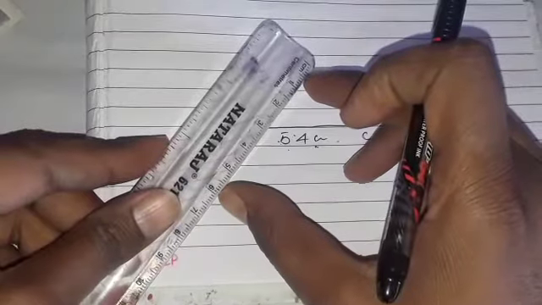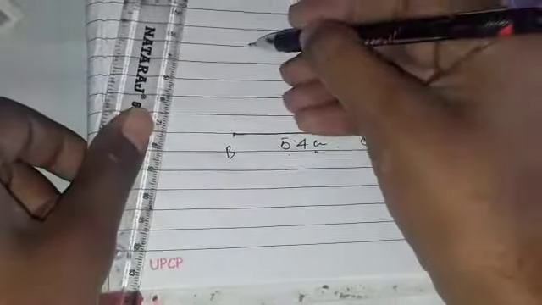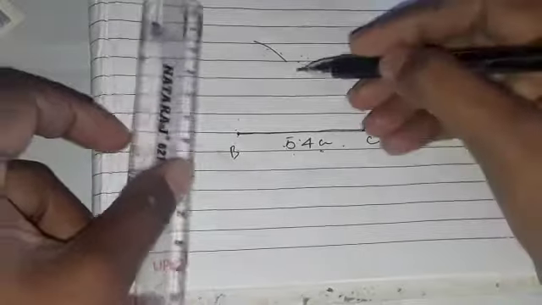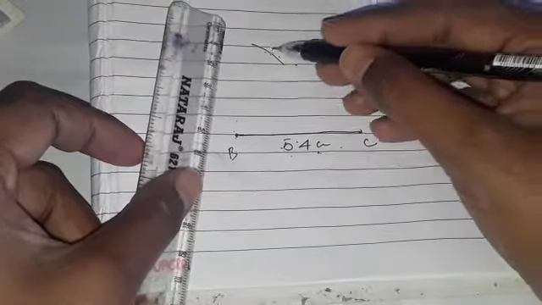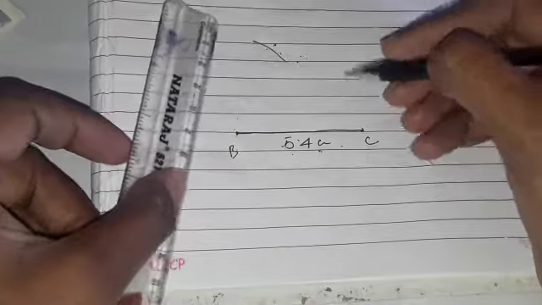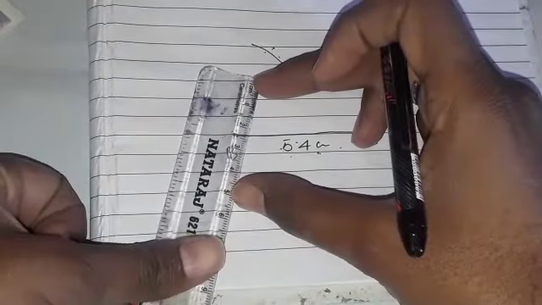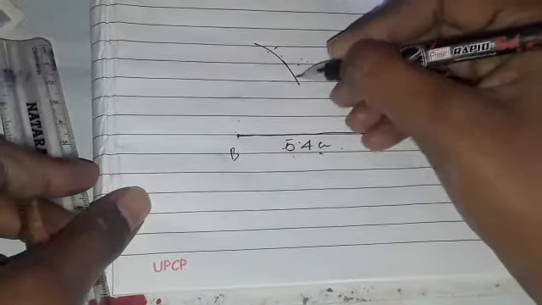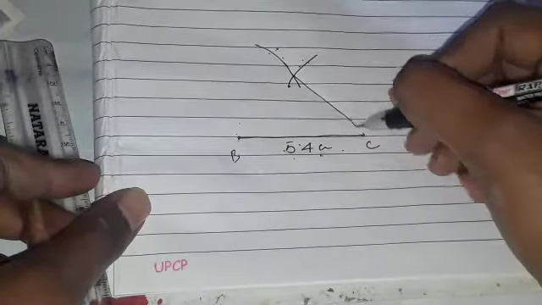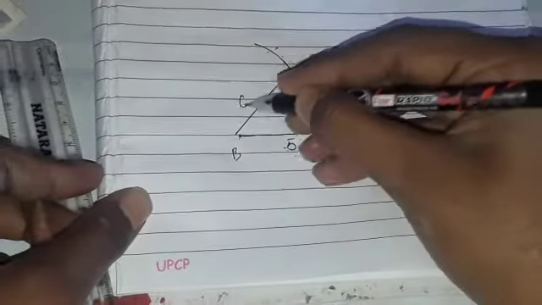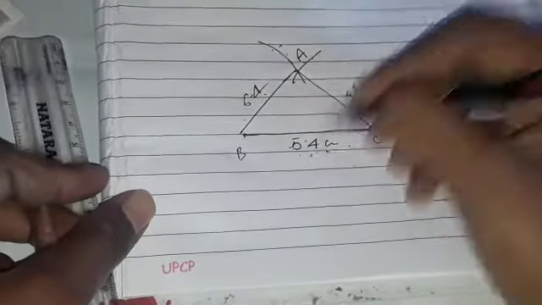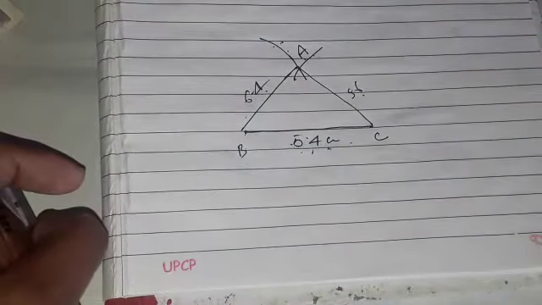So you have to take 6.4 length with the help of compass, and from here you make an arc here, and from C you make an arc of, definitely this point is A, so AC is, you all know AC is 5.6. So with the help of this scale take 5.6 centimeter length and create an arc here. So this length is 5.6 and this length is 6.4 and this point is A. So this is 6.4, this is 5.4 and this is 5.6.